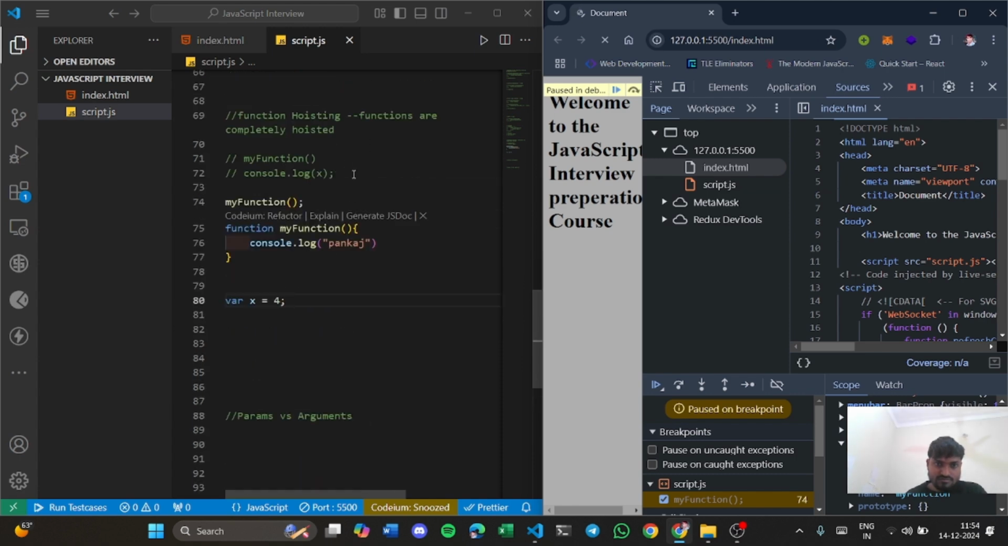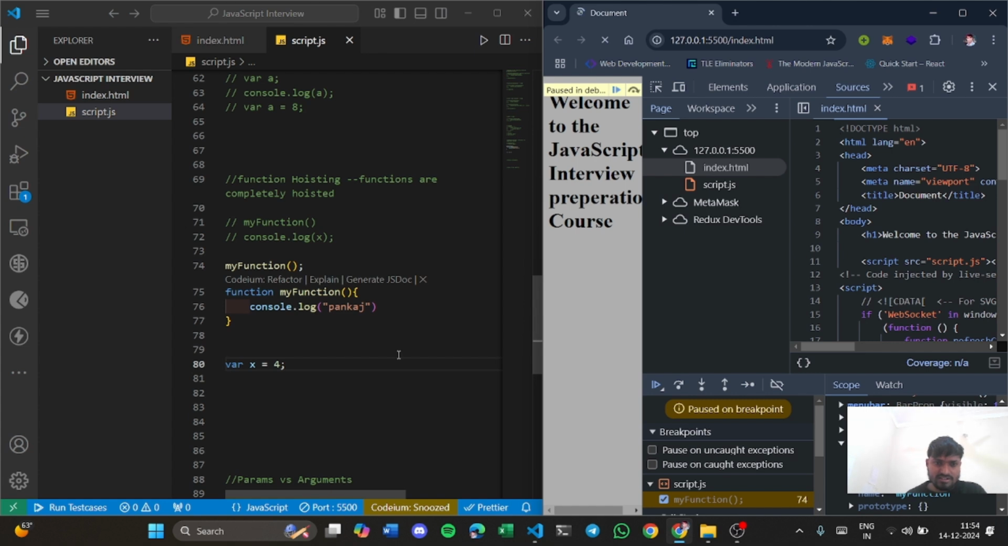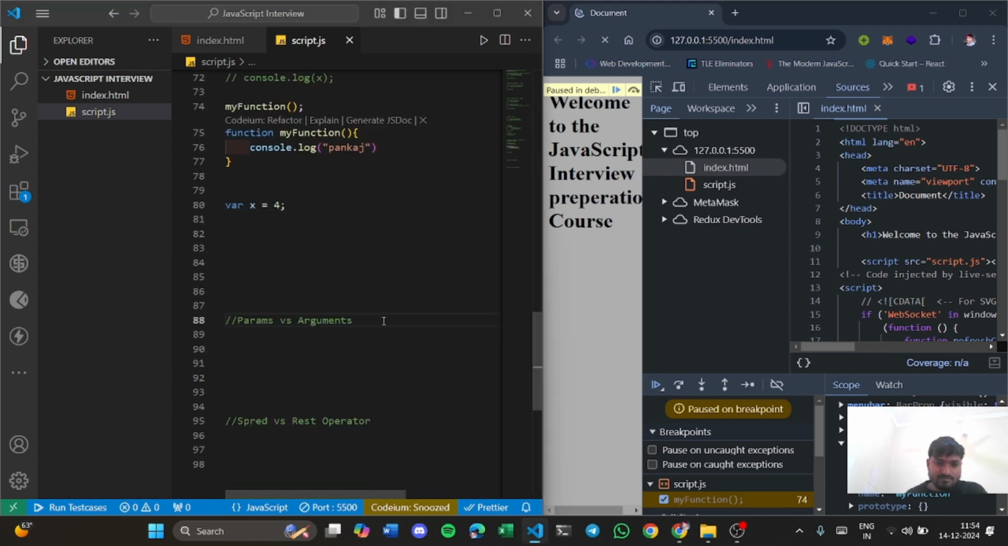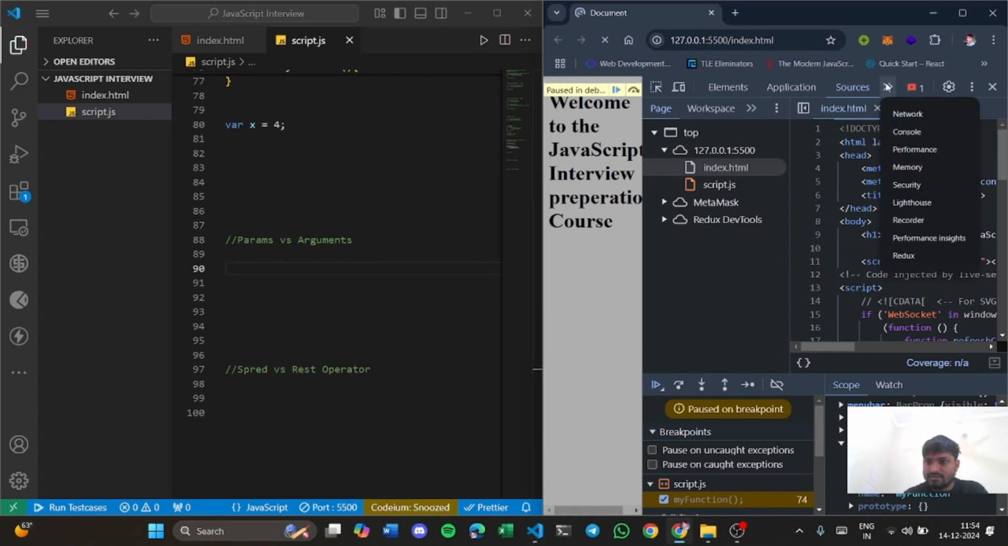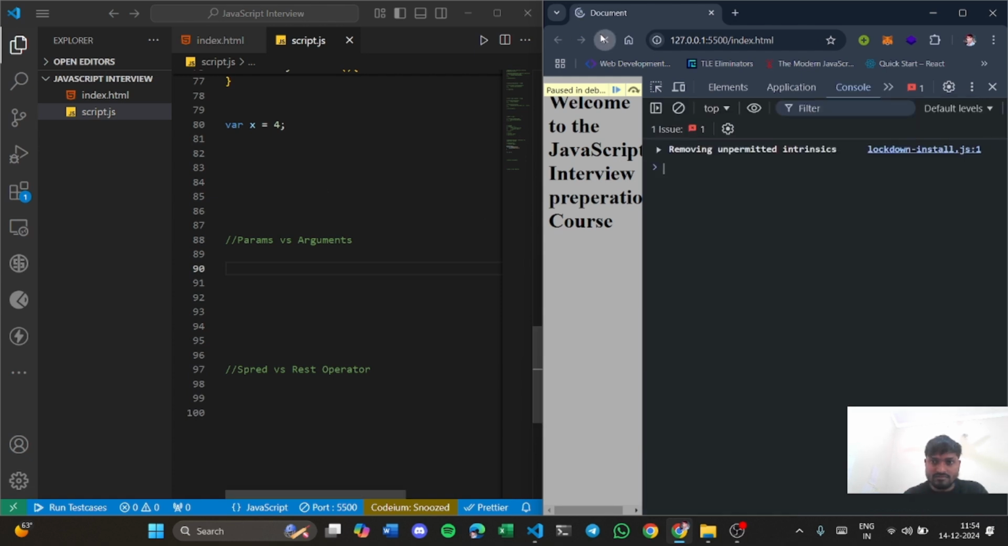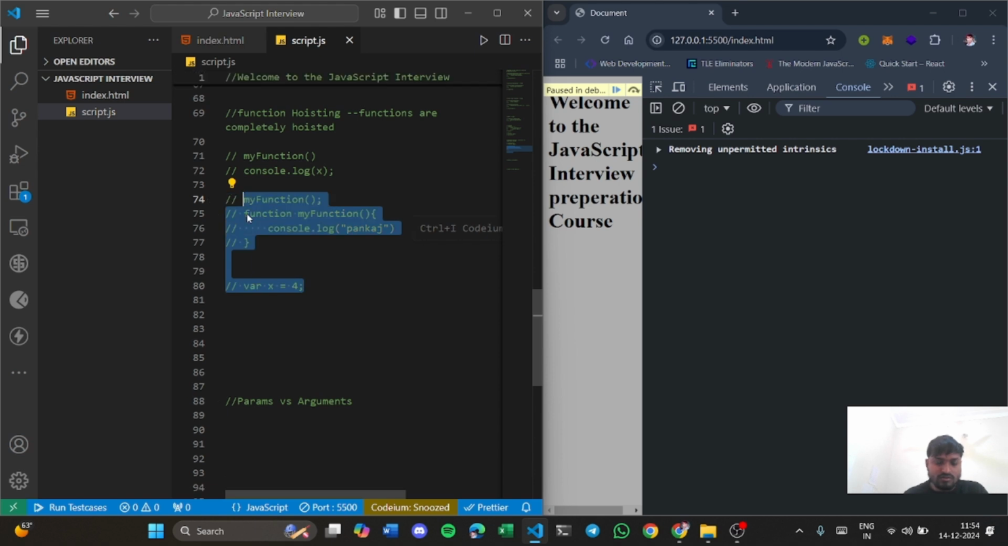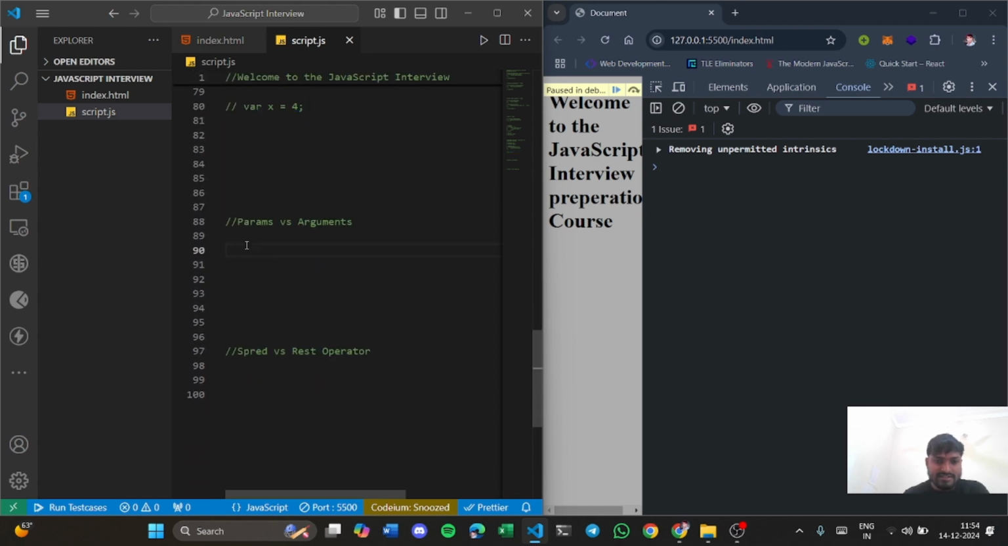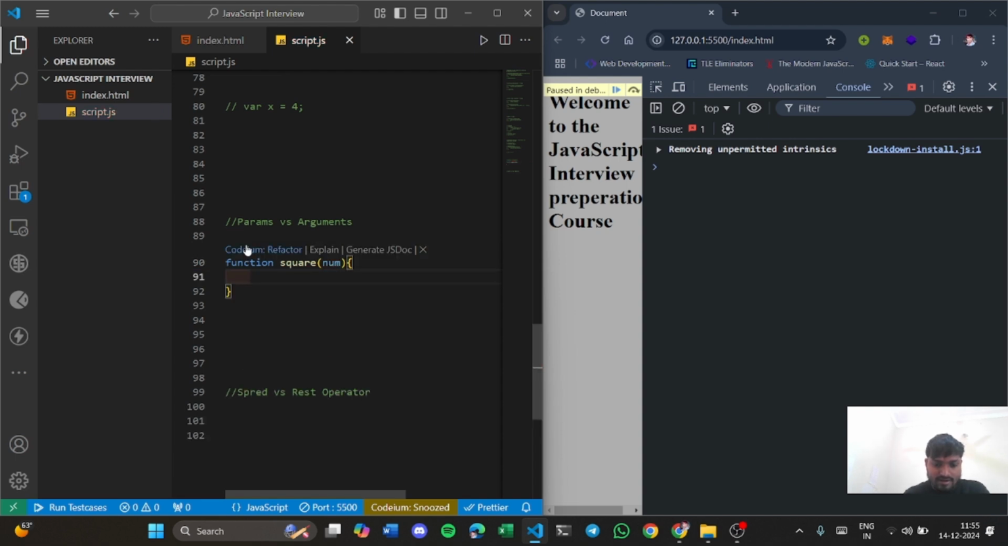So this was the concept of function hoisting in JavaScript. Now there comes a concept called params versus arguments. First of all, let me bring the console back, comment this out. So parameters. Let's take an example. You declare a function again, square, right? And you provided a num here, and basically you are printing num times num here. And now when you call this function square with 5, I wanted to point out here that